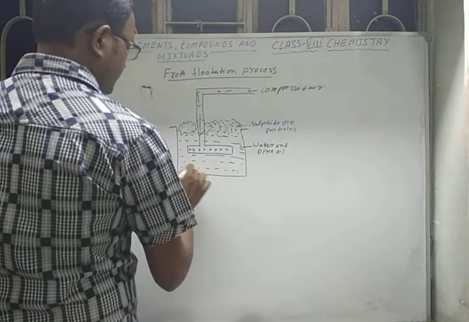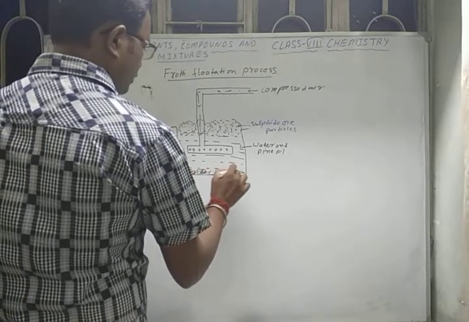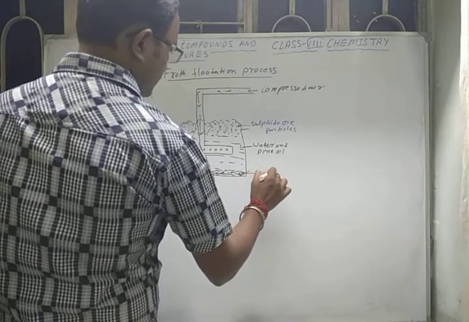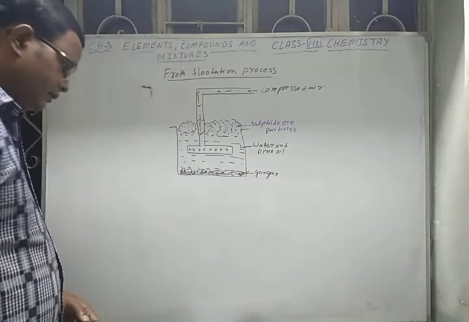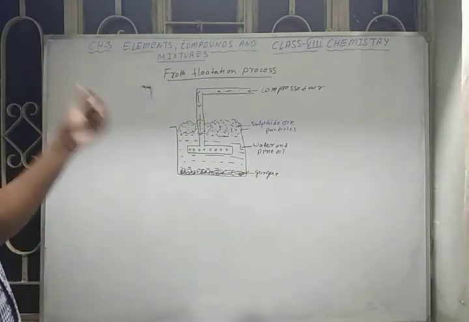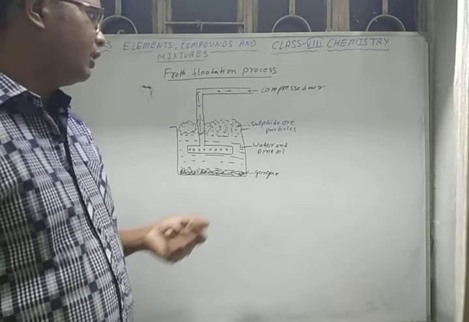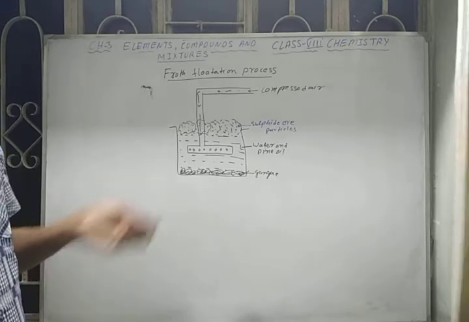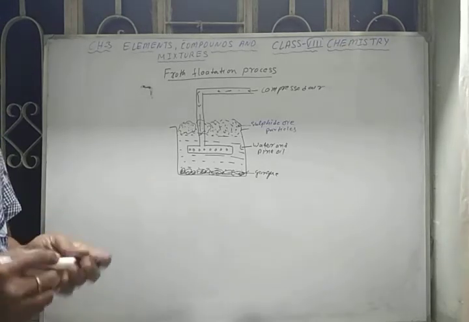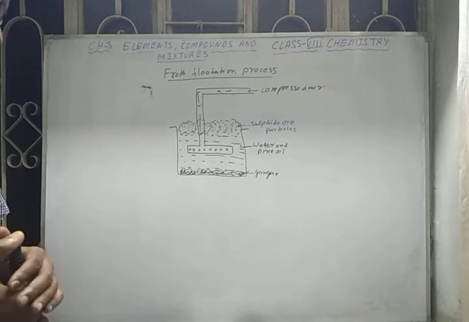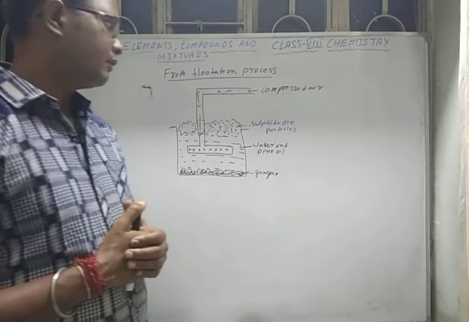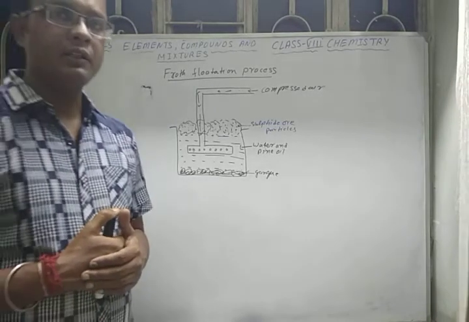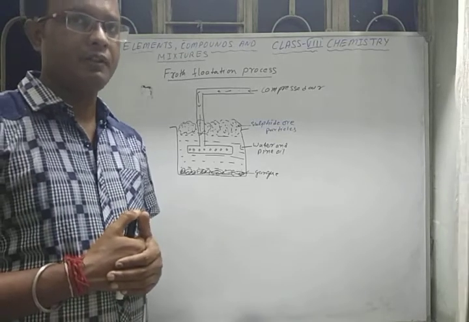These are called gangue, or the impurities. So by the process of froth flotation, we can separate the sulfide ores, minerals like zinc, lead, etc. Okay, so this is another way of using the process of froth flotation for the separation of different components of a mixture.